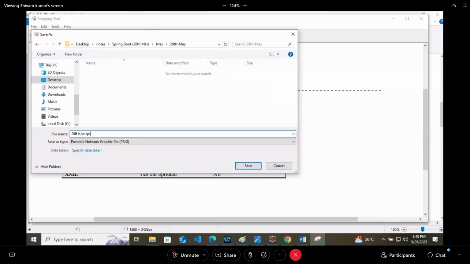These are the differences between Spring Web MVC and Spring Boot Web MVC.